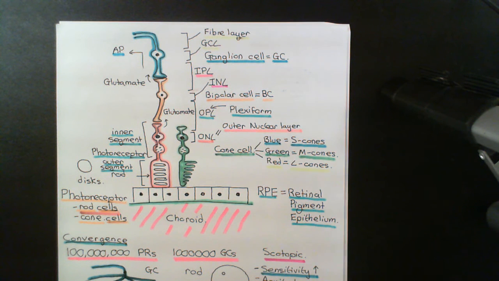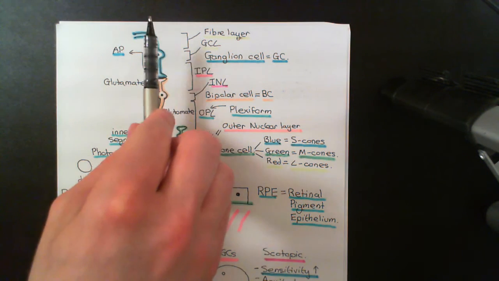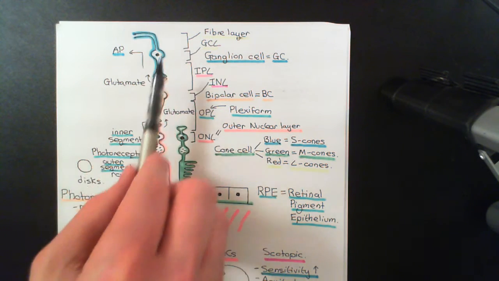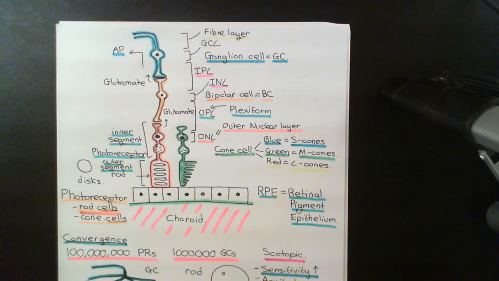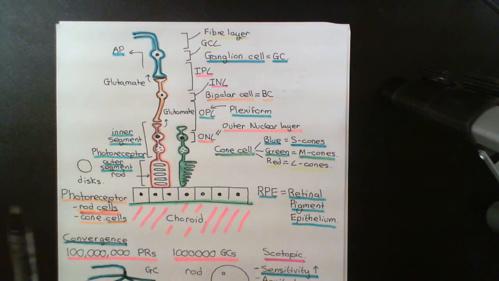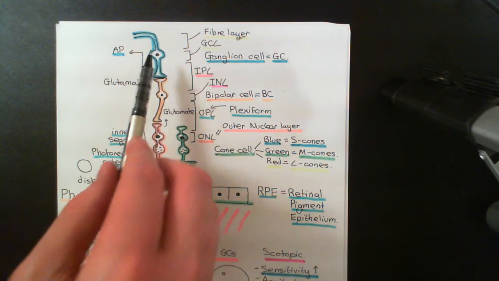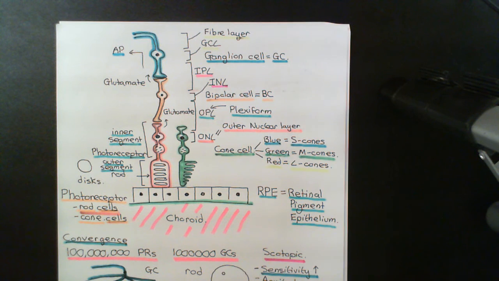So usually the normal glutamate that the rod cells are releasing is causing the hyperpolarization of the rod bipolar cells, and therefore their inactivation. So that stops them from releasing glutamate onto the ganglion cells, and therefore the ganglion cells don't get activated, because glutamate would activate those ganglion cells. They've got a more normal receptor for glutamate on their surface. So when we do get light activating the rod photoreceptors, they're going to stop releasing glutamate onto the bipolar cells. That releases the brake on the bipolar cells. They're now going to start releasing more glutamate onto the ganglion cells,